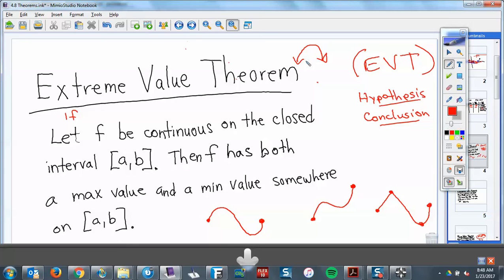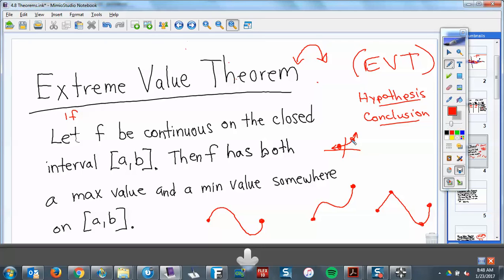Right? e to the x doesn't have a maximum. Actually, e to the x doesn't even have a minimum. If you just look at the graph of e to the x, it just keeps getting smaller and smaller and smaller. Now, the limit is 0, but there is no smallest value on this. There is no biggest value. But it's not a closed interval. Now, if you look at e to the x from here to here, then yes, there is a max and a min. So you're going to be getting those kinds of questions where they're going to say,